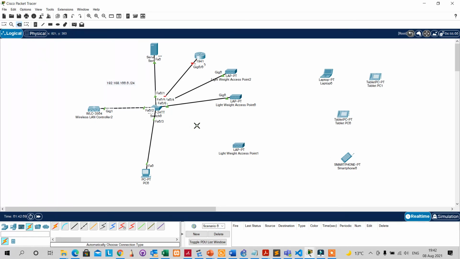Let's say this cable fails. So they must be able to switch to these other two lightweight access points. You see, there's those two. They've quickly picked up these two access points. So now that means my network